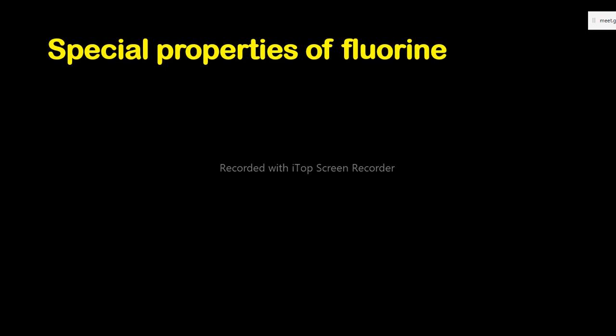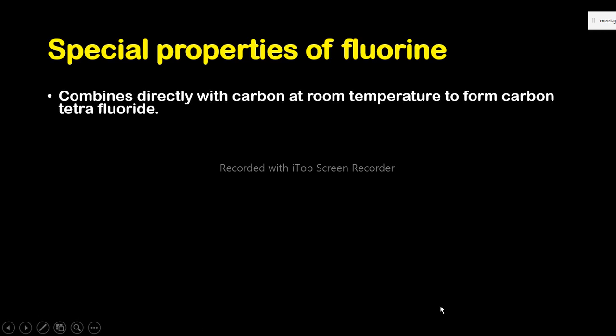Yes, now let's see the special properties, special reactions of fluorine that are different from other compounds. Number one, fluorine can combine directly with carbon at room temperature to form carbon tetrafluoride, or tetrafluoromethane. Can you imagine? Fluorine combining directly with carbon at room temperature. No need of